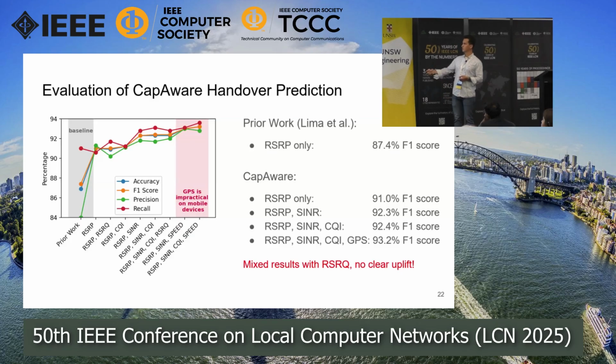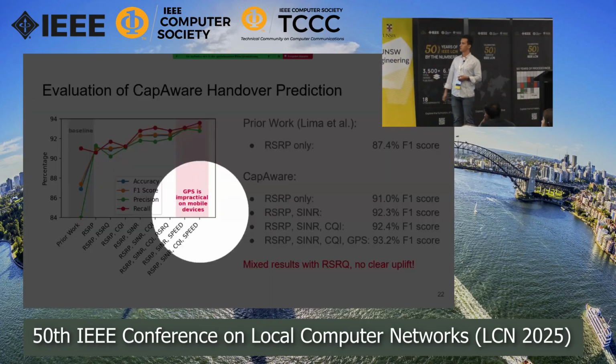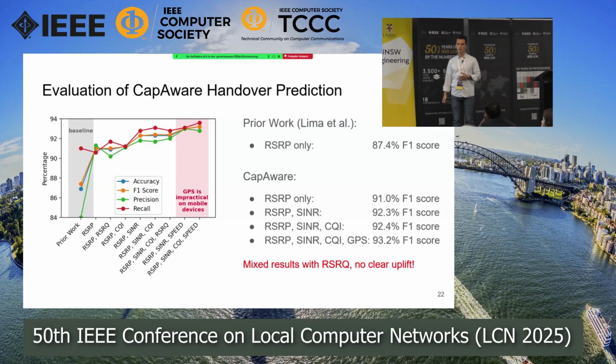And then one thing that is also interesting to see is that GPS, as I mentioned before, is dependent on the device that you're using. If you want to deploy this model on an Android phone, for example, you can disable the GPS and maybe not use it all the time because it's going to drain your battery. But if you're in a vehicle context, the vehicle knows its position most of the time, it's a free 1% uplift almost.